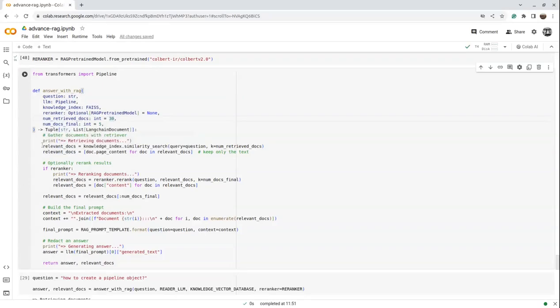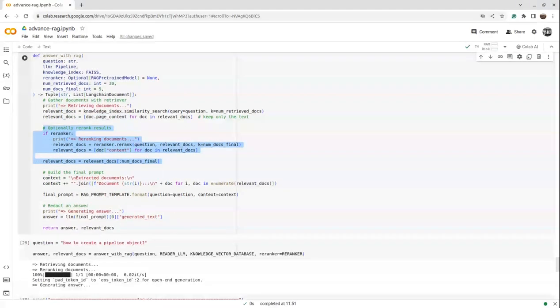So first, we fetch the relevant documents, then we apply the re-ranker, re-rank these documents using this model, and get the top five relevant documents from the top 30 and turn that into a context. So this is done. And then again, as done earlier,